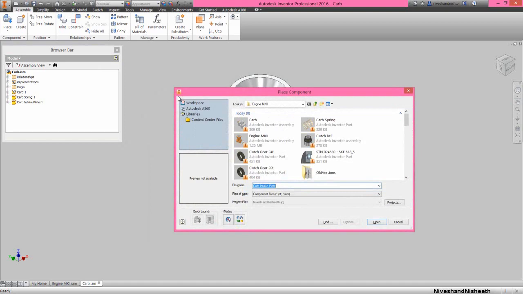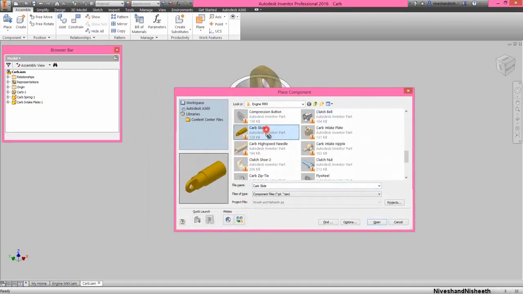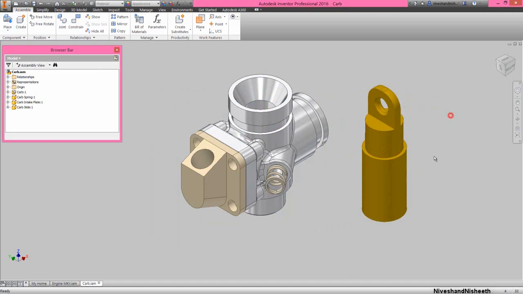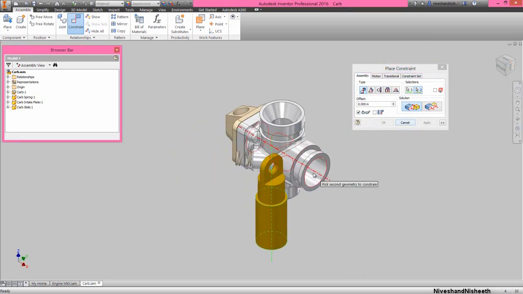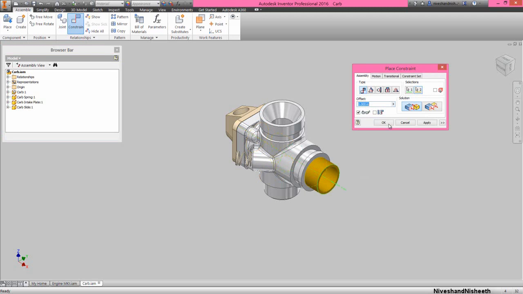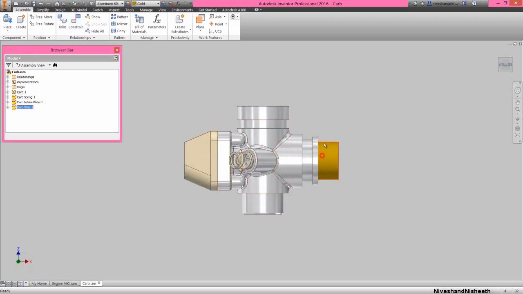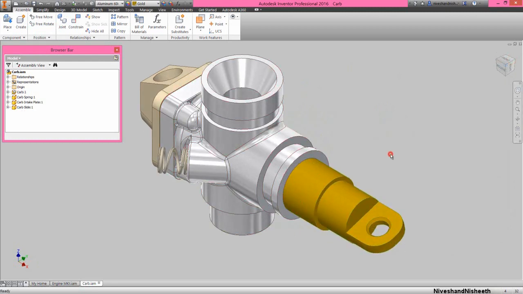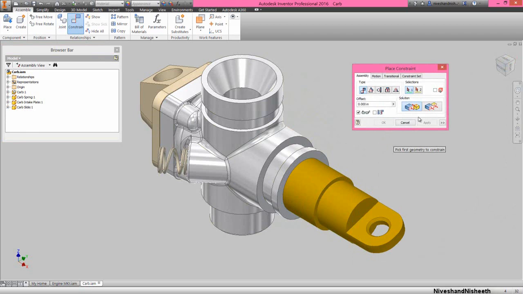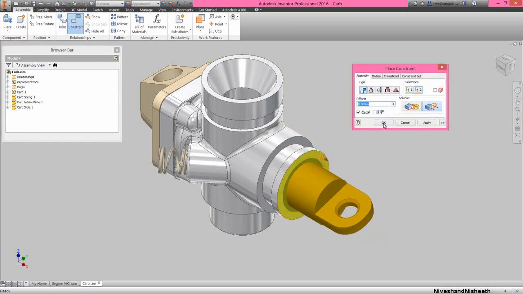Now we will place the part carb slide in this assembly. Okay, now activate the constraint command, select this vertical axis of carb slide part and this hole of carb part and apply mate constraint between them. Okay, now rotate the carb slide part in this position. Okay, now drag the part and apply the flush mate between this front face of the carb slide part and this face of the carb. Okay,